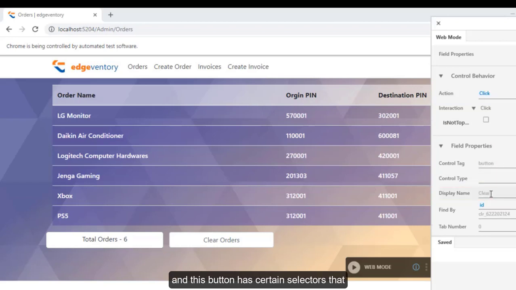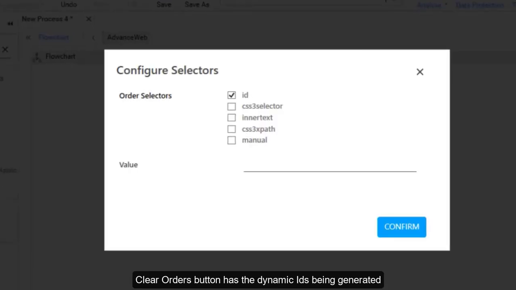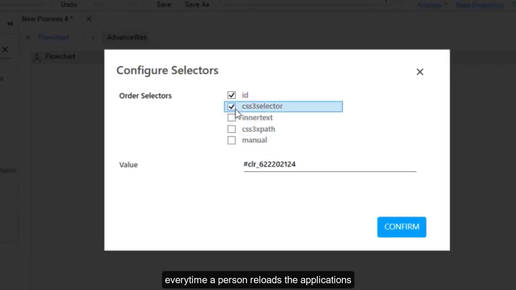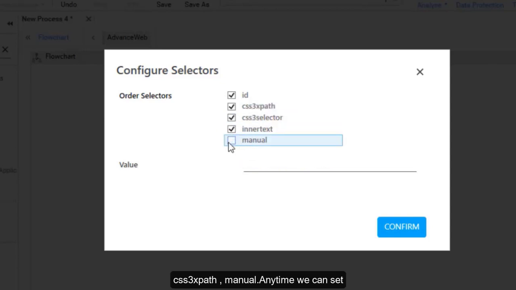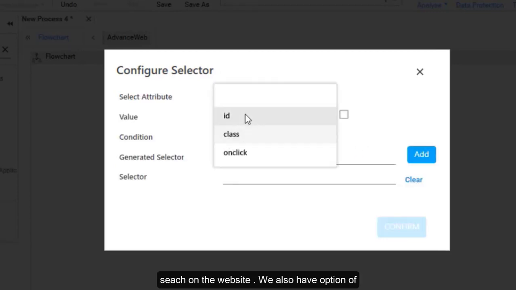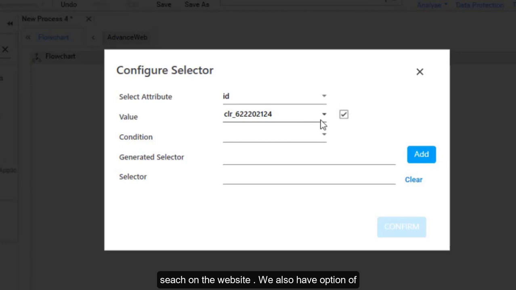and this button has certain selectors that can be configured. For now it is just ID, which is a random ID that is generated, and our clear orders button has dynamic IDs being generated every time a person reloads an application. So we have different types of selectors like CSS3 selector, inner text, CSS3 path, manual. Anytime we can set their order on the basis of which we want it to search on the website. We also have an option of manually selecting our selector, where all the attributes for a particular element are